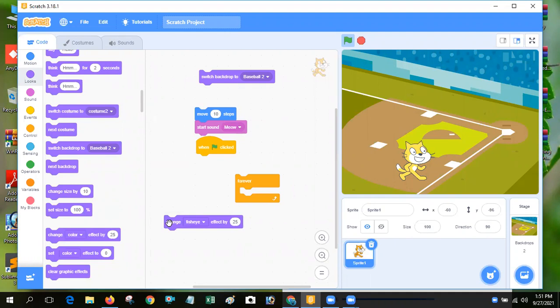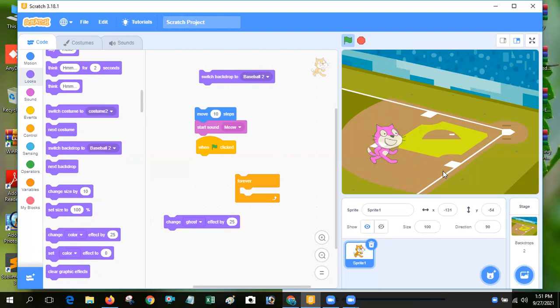Click it. Color, click it. Sir, give ghost. Okay, no problem. Click it. Now visible. So it's called the looks block.